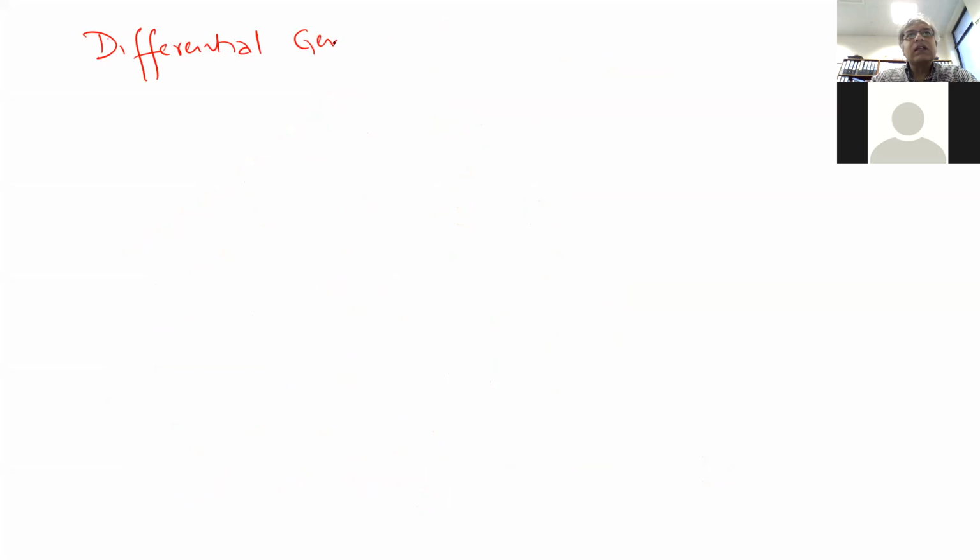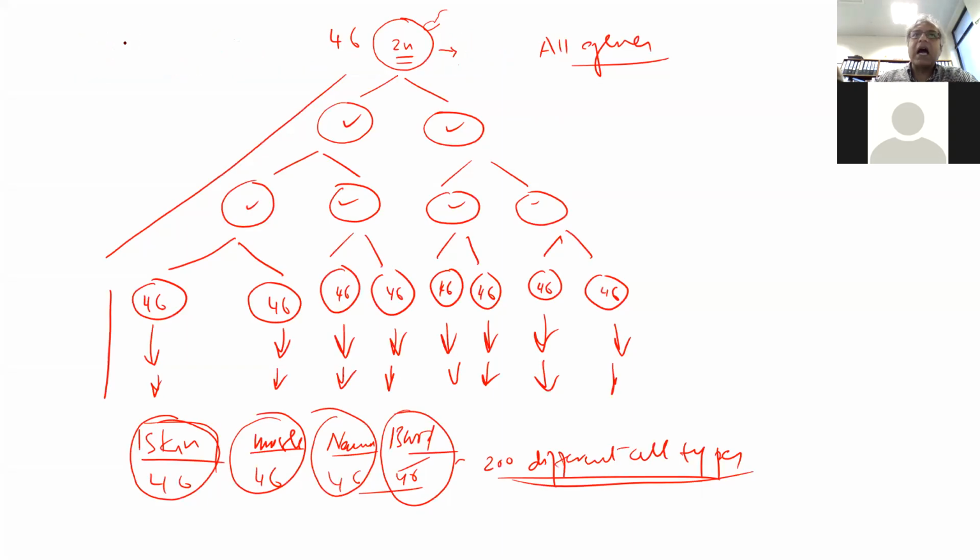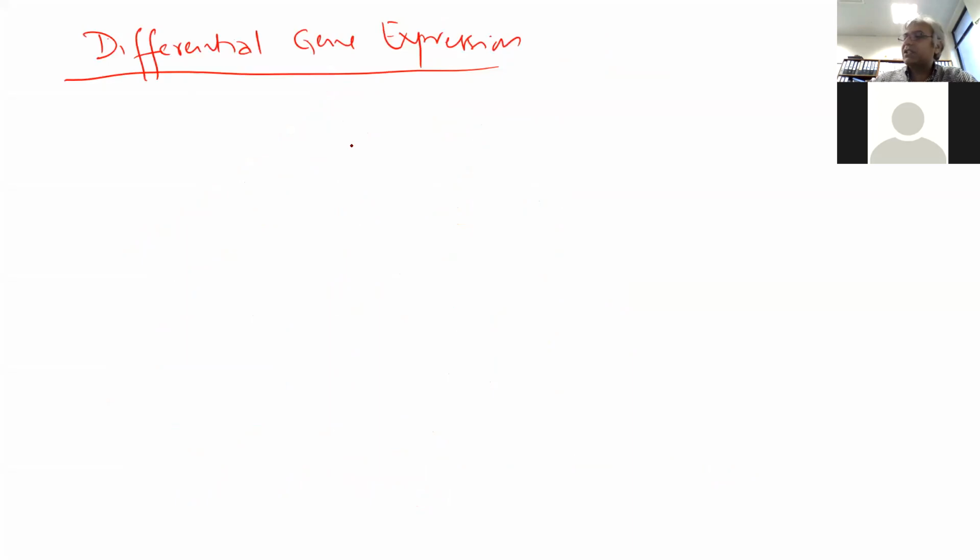It explains how they become different. If I say A to Z is the total collection of genes on these 46 chromosomes,